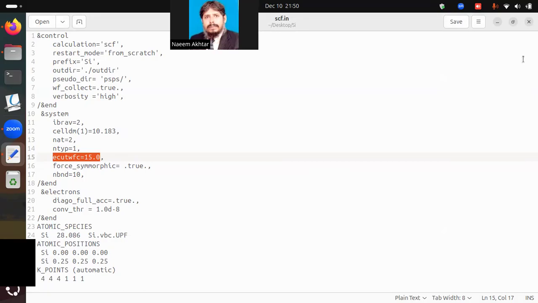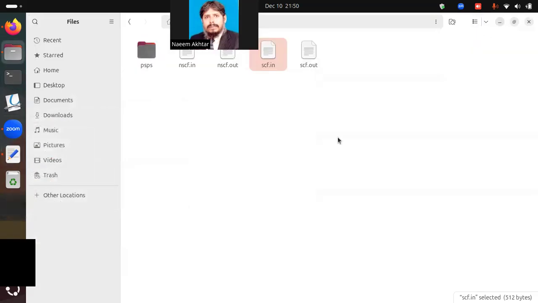When we want to make a convergence test without some handling procedure, we have to change manually each time the value of E-cut wave function, and corresponding to each value of E-cut wave function, we have to save the output file,